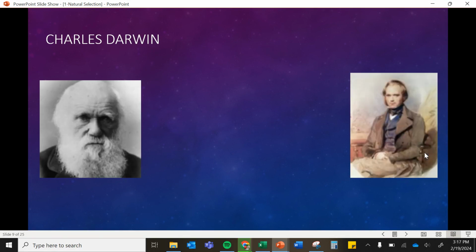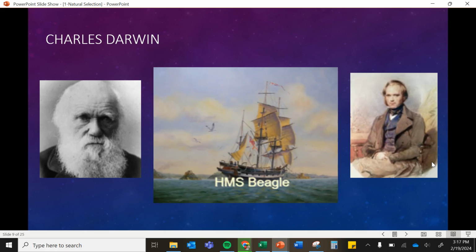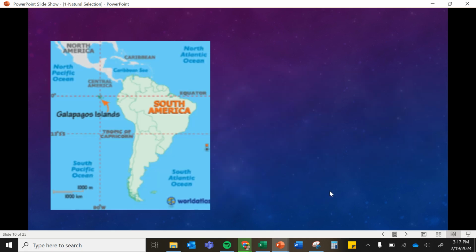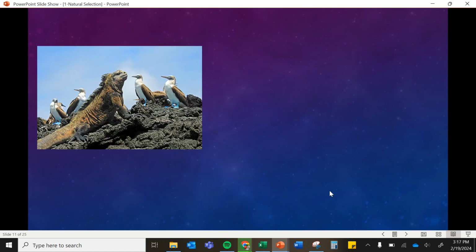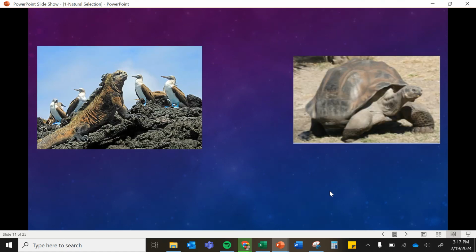Okay, so today we're going to talk about natural selection, and the scientist who came up with this idea was Charles Darwin, which you might have been familiar with, the older picture of him here. But he was more of an explorer and went on his ship, the HMS Beagle, around to look at different organisms and document them. The place he ended up going was the Galapagos Islands off the coast of South America. And there's all sorts of wonderful variety of organisms who live there.